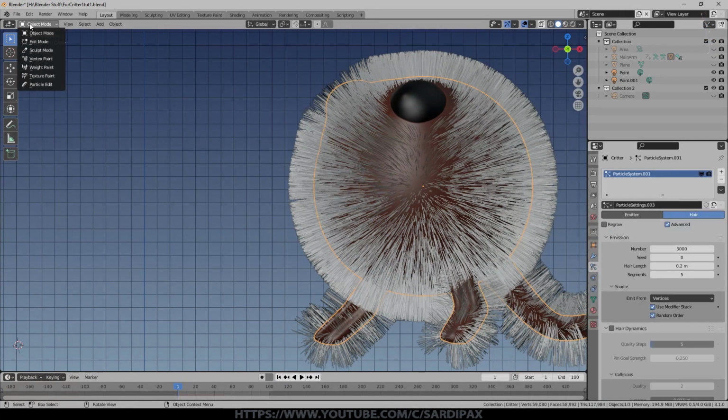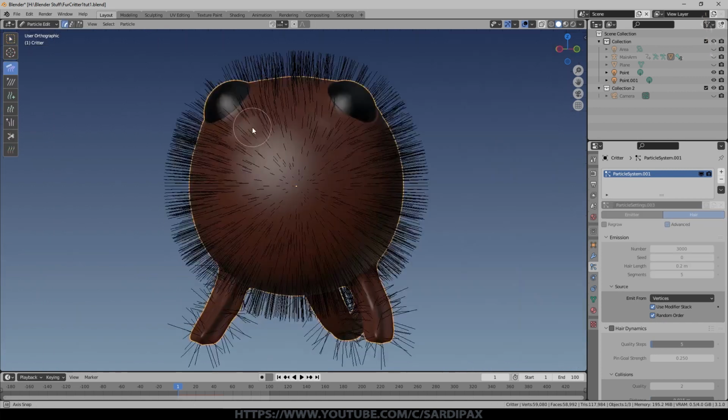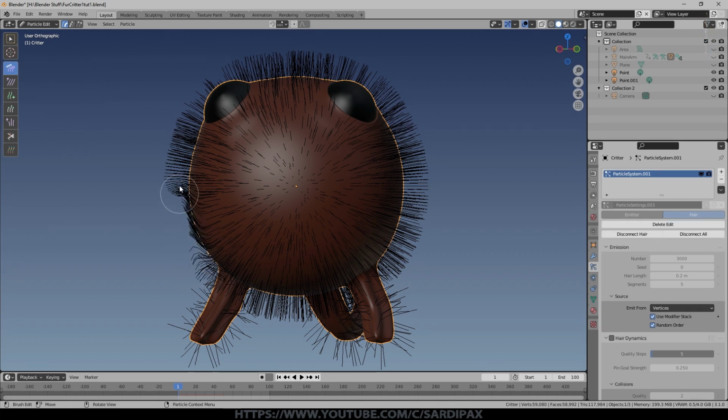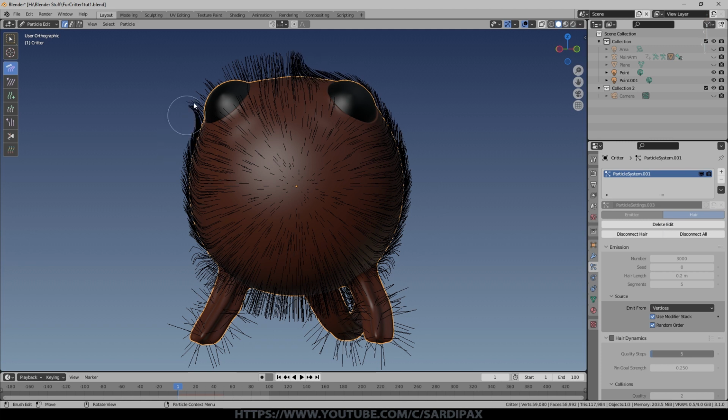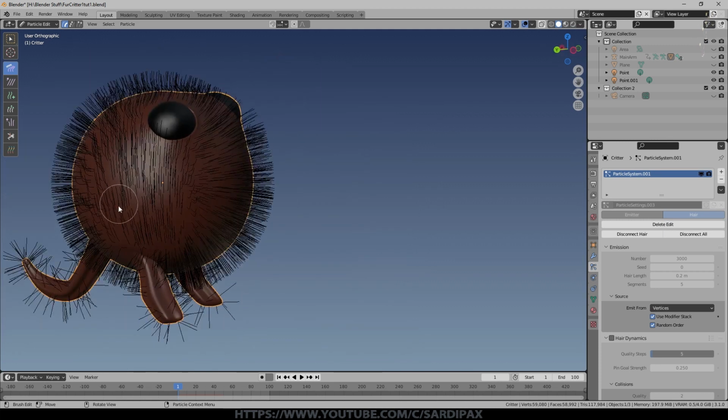We select our hair object, and you notice we've got a particle edit mode. So if I select that, and then we can look at our object, and we have a number of different tools here. So one of them that we might want to use is comb. And as you might expect, you can just select areas and comb the hair in a particular direction. And give him a bit of a hairstyle there.